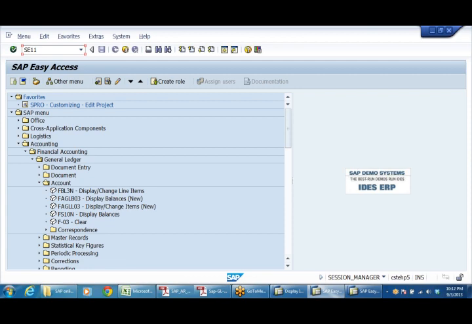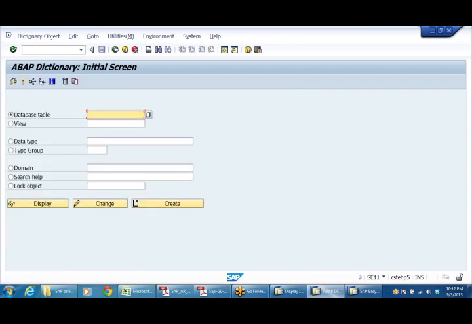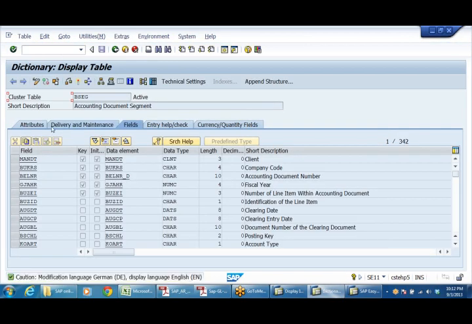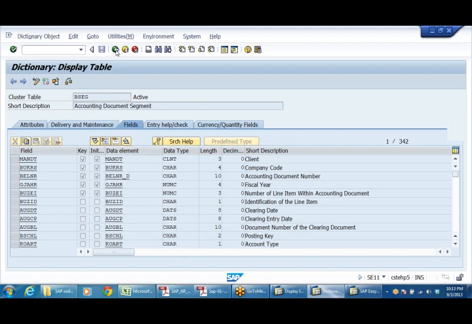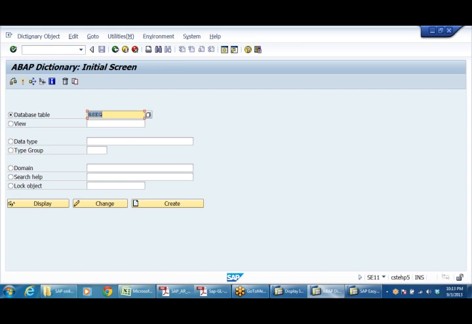To identify the table, there's a T-code called SE11. Go to SE11. Certain table names are there. Say for example, BSEG, a financial accounting table. We cannot change it. Click on display. Because this is where the data is going to be stored, all of this is accounting data. And ABAP consultants will know only from, say, accounting document segment. Right, BKPF is another table.